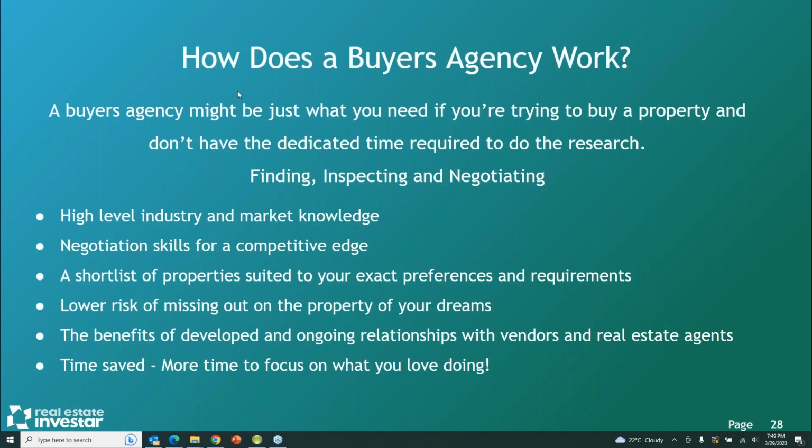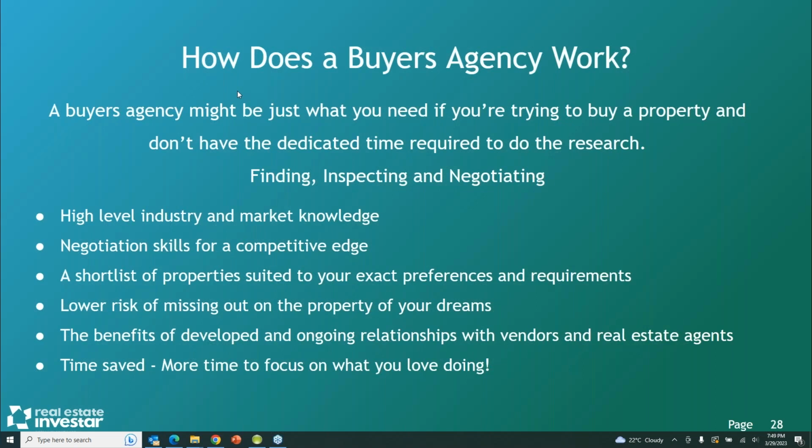Just like when you sell your property, a sales agent will generally get you way above what the normal market would expect. A good sales agent, you employ them and you pay them to get you the maximum price. With a buyer's agent, you employ the buyer's agent to get you the best option and numbers. So if you're looking at engaging a buyer's agent, there are some key questions you should be asking them.